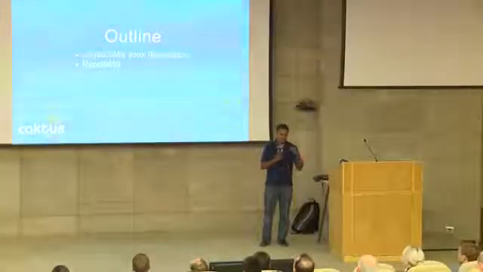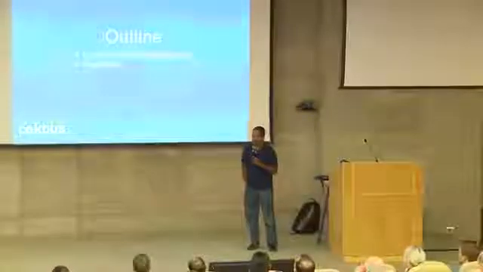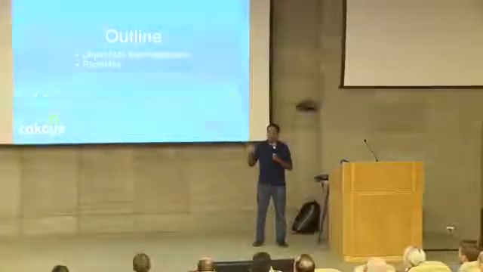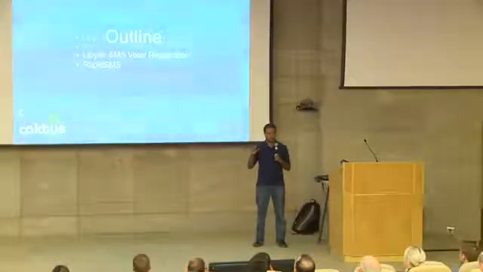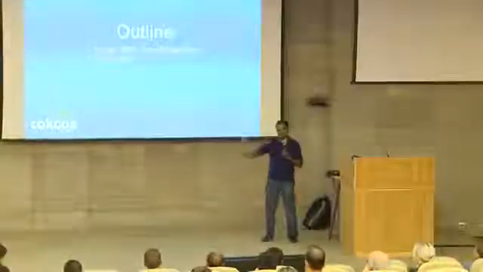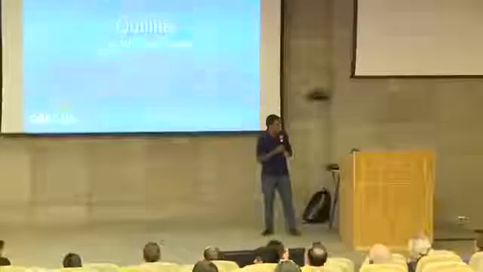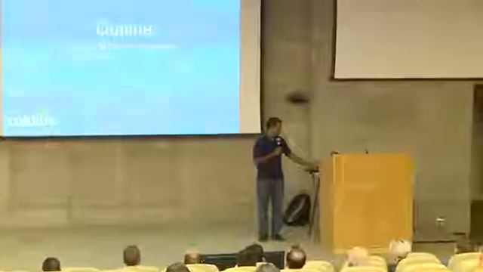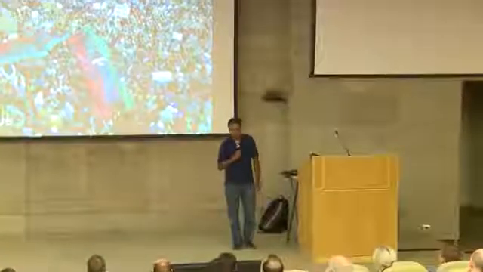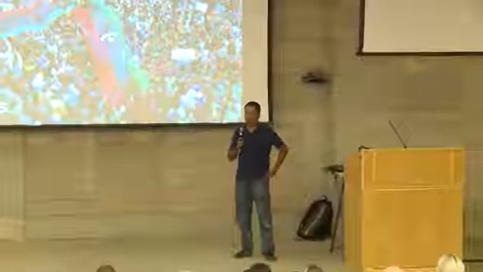My outline of the talk is going to be talk about this project, which I've kind of referenced briefly, but basically it's called the Libyan SMS Voter Registration Project. If you all went to the first talk of the conference yesterday by Peter, this is kind of a prequel to that talk. So he talked about tallying up the votes. This is how we got all those people to be able to vote in the first place. And like I said, secondly, I'll spend about 5 minutes at the end just talking about an introduction to Rapid SMS. As you probably know, Libya has been through quite a bit of turmoil over the past 5 years.